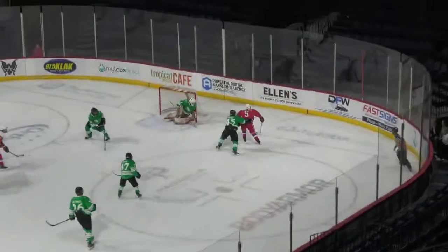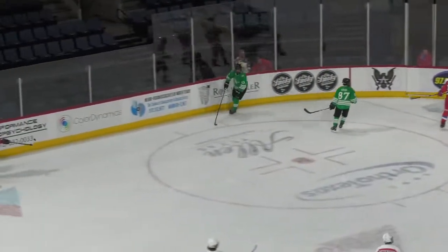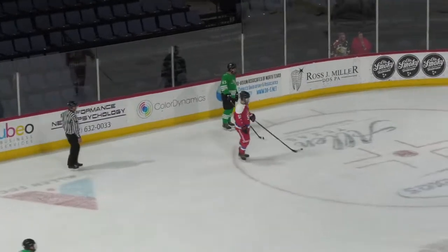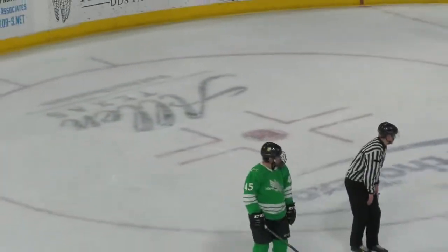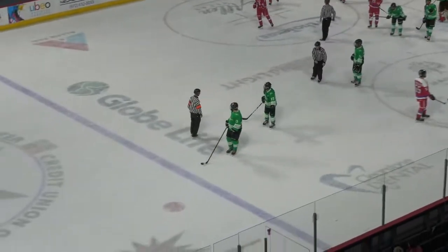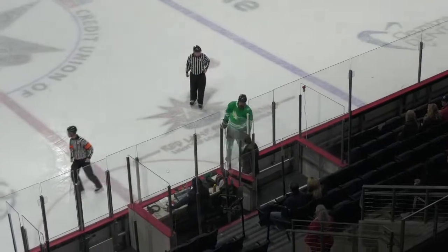Here's number 5 for the Mustangs. He'll get hit off by Kruger, but the referee will have his arm up on that one, as I think that was Zeckelman for the Mustangs. And he's still down on the ice. His teammates will try to help him, but he gets up a little bit slowly, and Kruger will go to the box for 2 minutes,